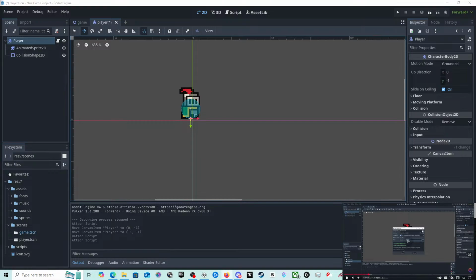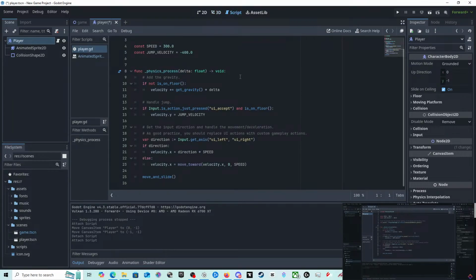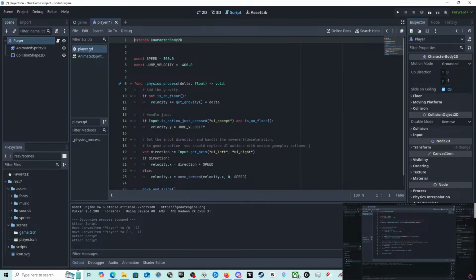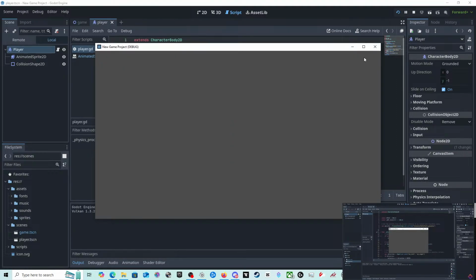2D. Let's go back. Let's play. Create. And as you can see, this creates a script that will move around our character. I know that this might look really confusing at first, but don't worry, we'll have a look at what all this means later. For now, let's just try playing. Okay, and our player immediately falls off the screen. Sweet, we did it right.